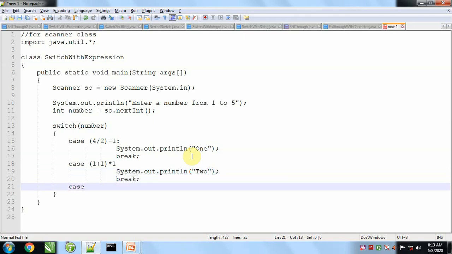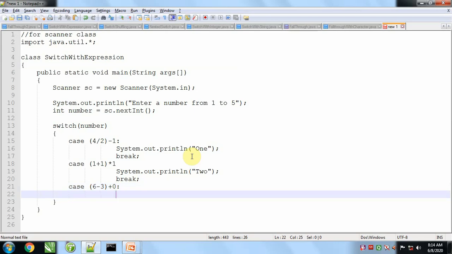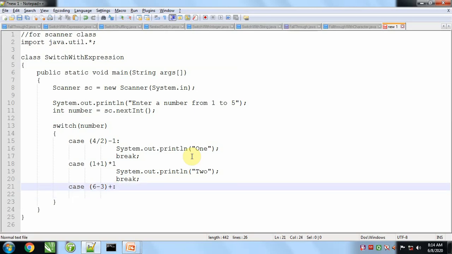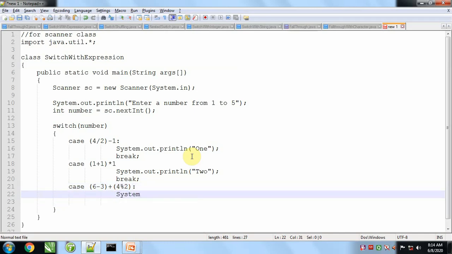We will take case 3. We can look here, it will be case 3.